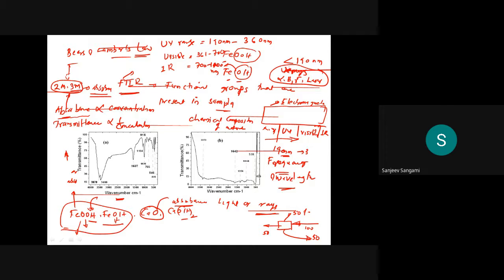absorbance. If it is absorbance, the peak will be reversed. If it is absorbance, the peak will come like this, but here you can see the peaks are like this. The peaks are downwards, but here the peaks will be upwards in case absorbance is on the